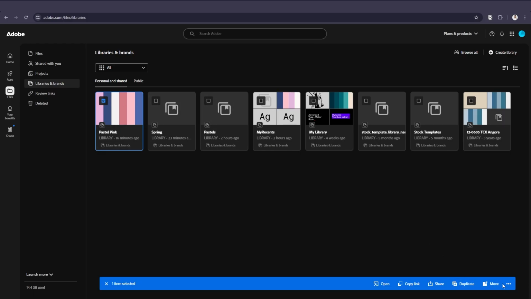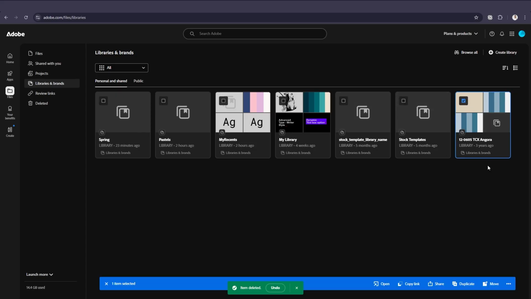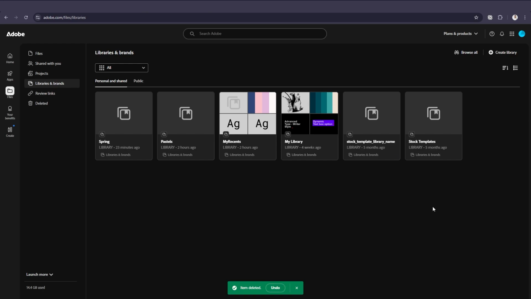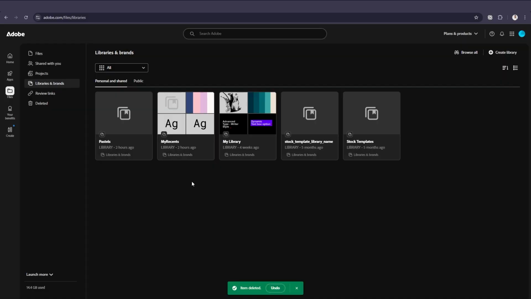And then just go to the bottom and click the triple dots and go to delete. And now that is gone from my color palettes menu. I can do this one as well. And I've cleaned it up a little, and now I can create new and improved color palettes, and it'll reflect